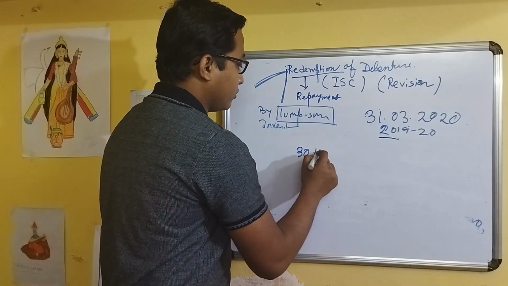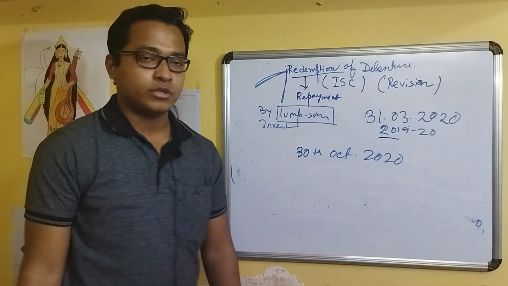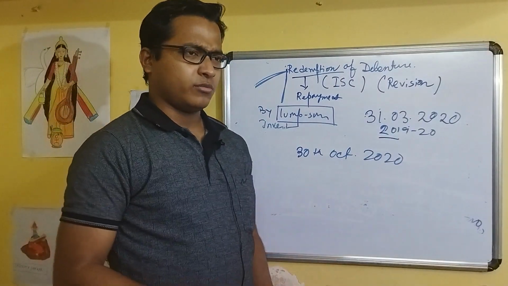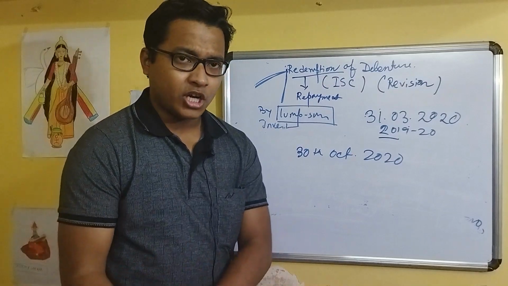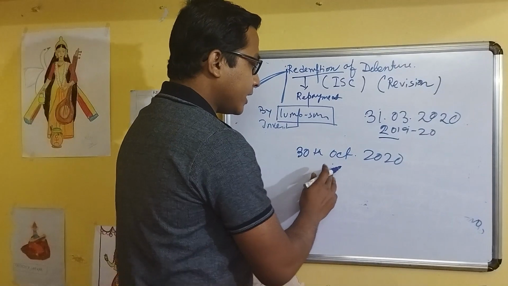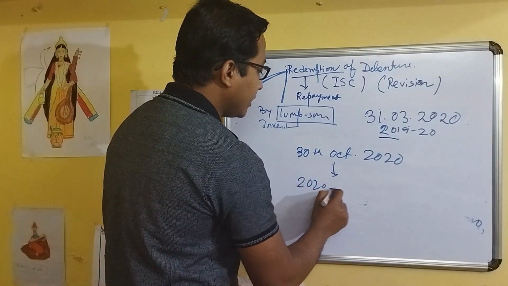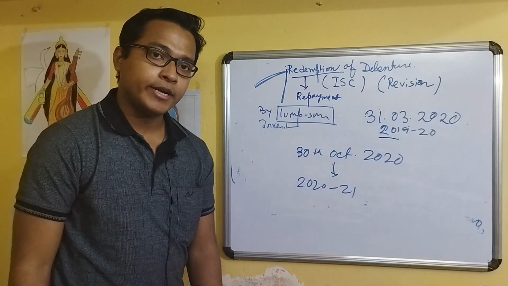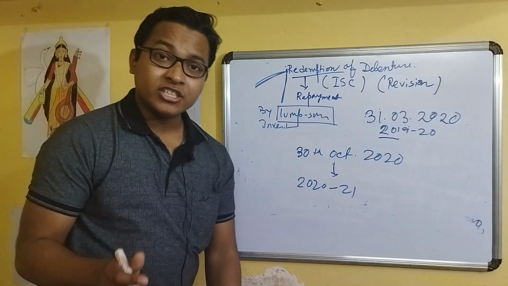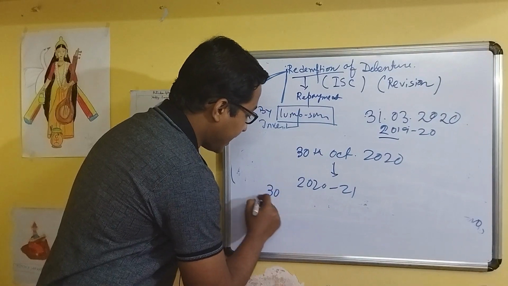30th October, suppose 30th October 2020. It may be 30th October, or maybe November end or December end, whatever. So in that case the financial year is 2020-21. In this case we make the debenture redemption investment on 30th April